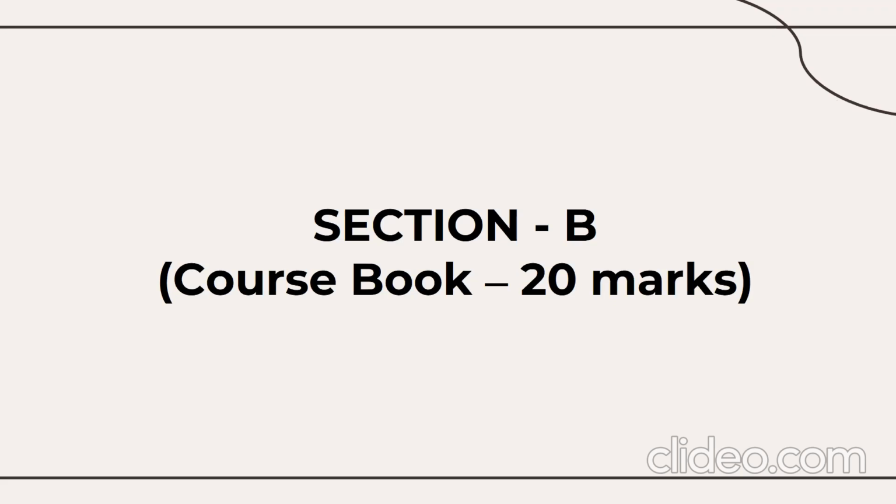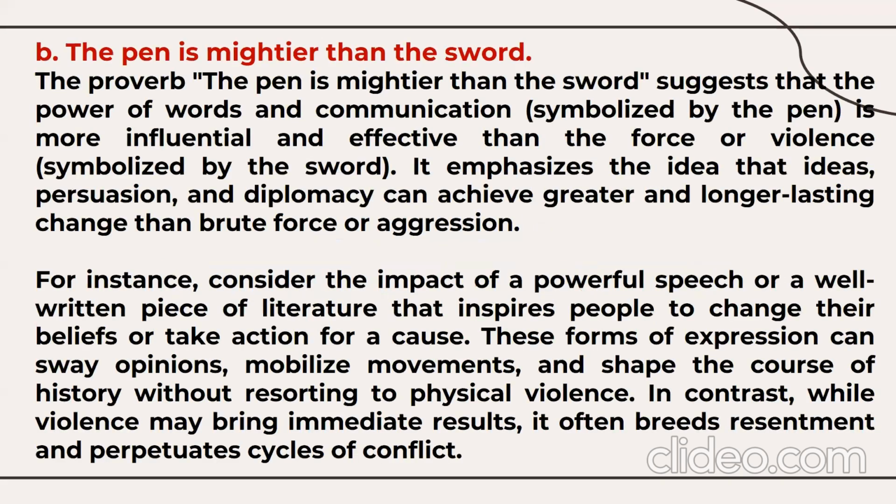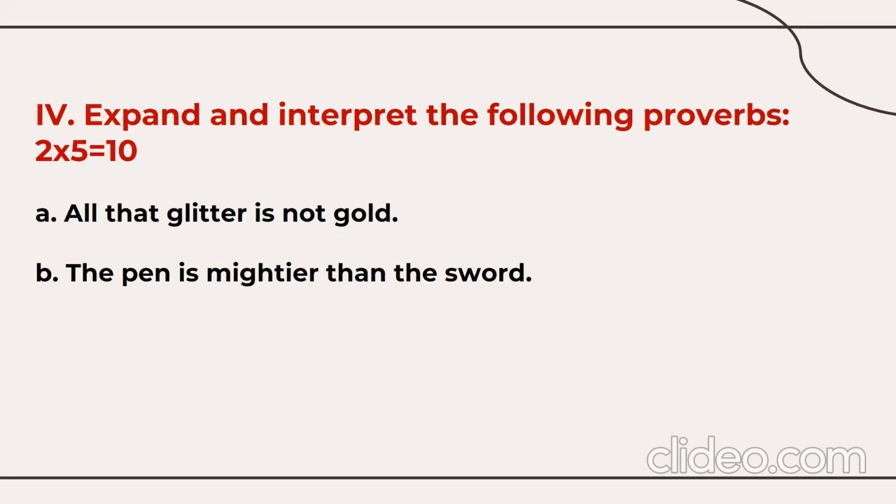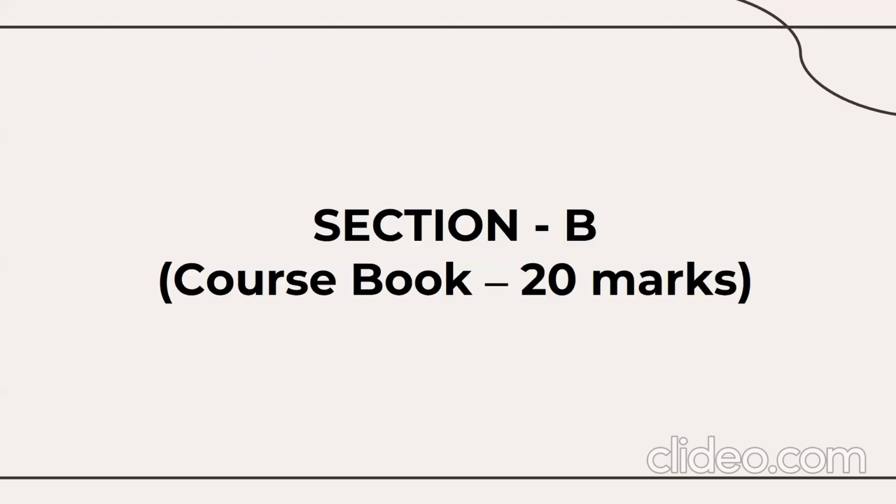I would say which one I forgot. Okay, yeah, report writing. Report writing, that's for 10 marks. Then the 2 proverbs, you need to explain these 2 proverbs. So paragraph writing, the pre writing, report writing, and the proverbs explanation. And all those 4 questions have no choices. So this question paper is very expensive. So you need to concentrate more.